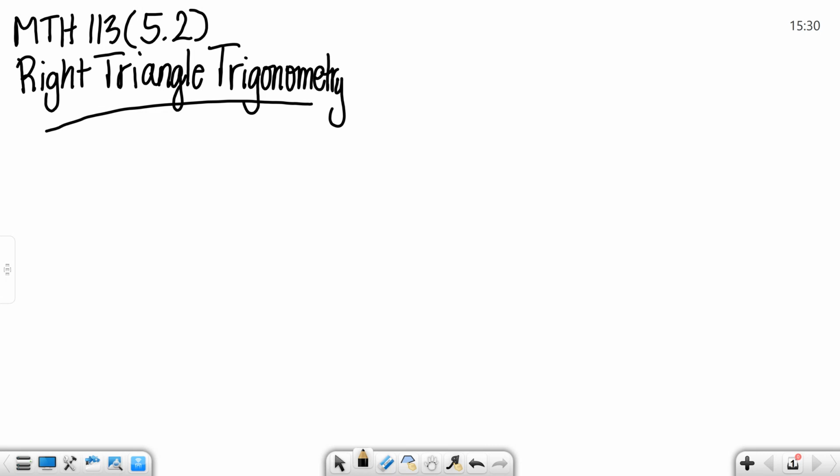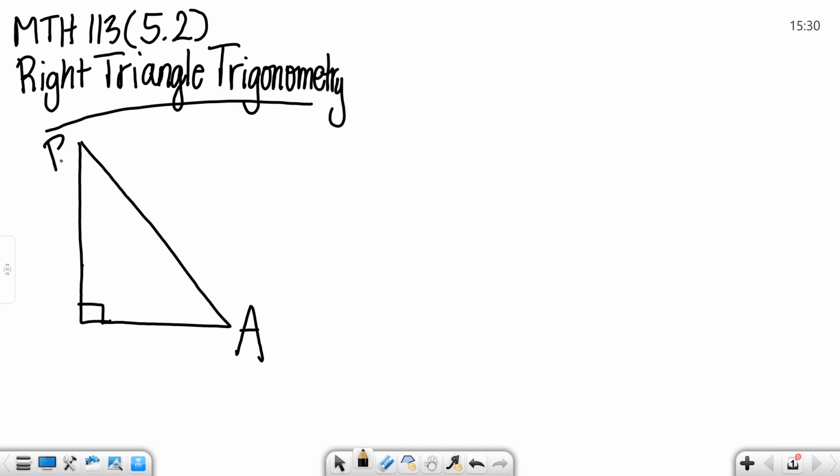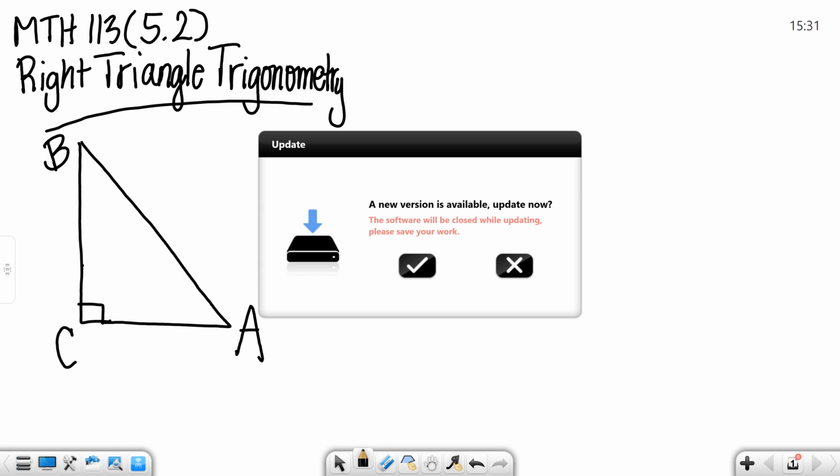Okay, so for Math 113, Lesson 5.2 is right triangle trigonometry. So I'm going to draw for you a right triangle. That means there is one right angle and two acute angles. All right, so for the time being, we will call this triangle ABC,